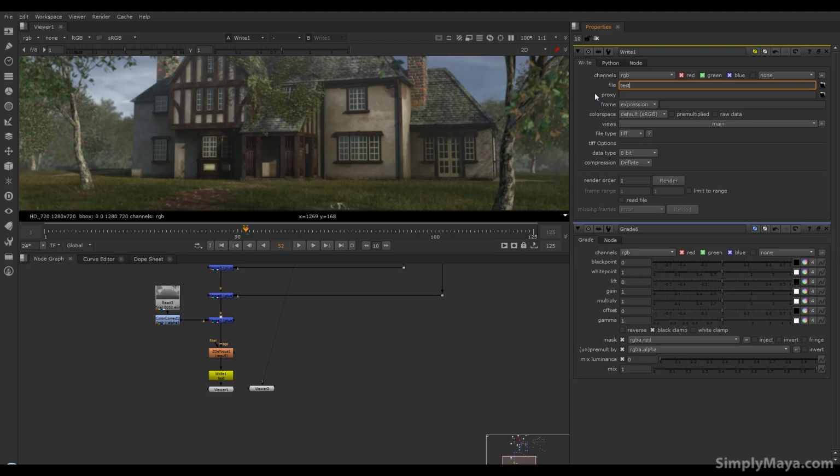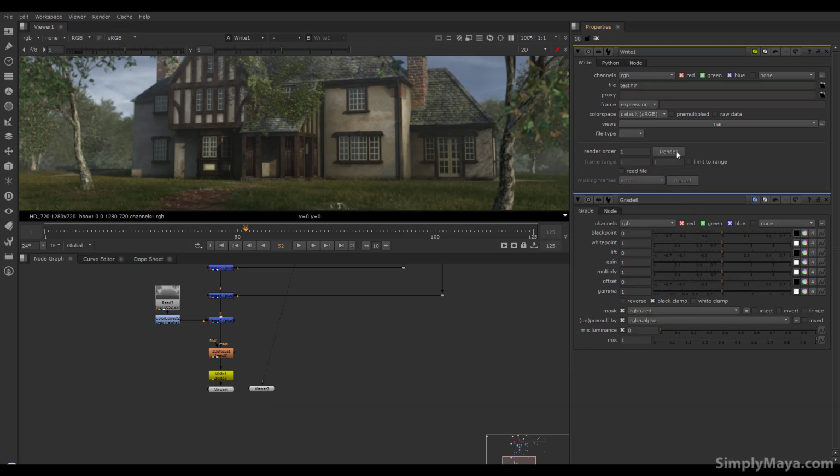So to do this we can use the hash. So this would now render out as test 01, test 02. As we have over 100 frames though, that's not going to work. So we'll put another one in, and this will now render out as test 001, 002, and so on and so forth. So same as the frame padding in Maya. Once we've done that, we can hit render